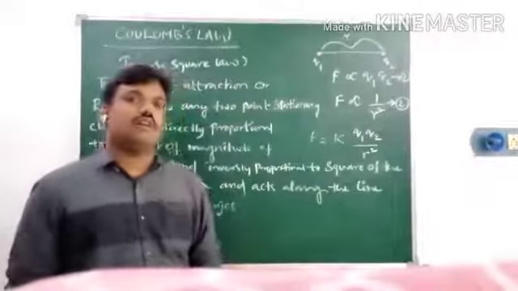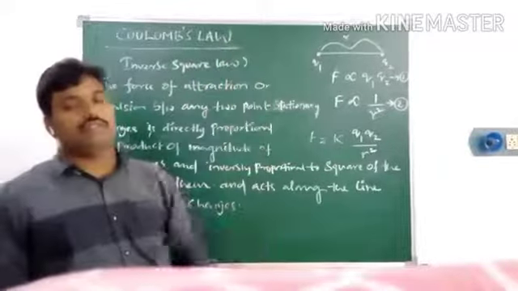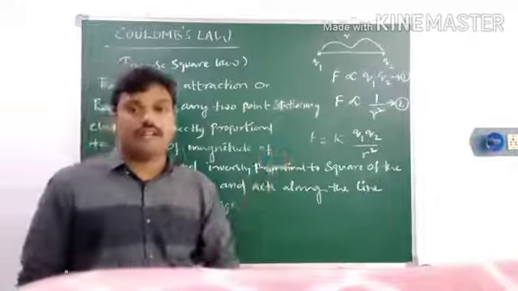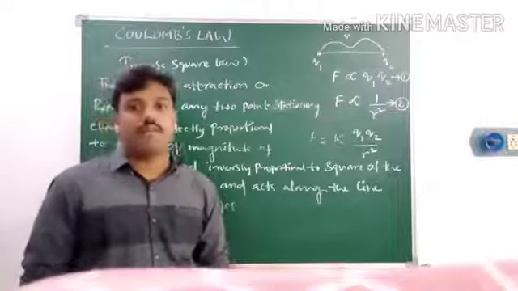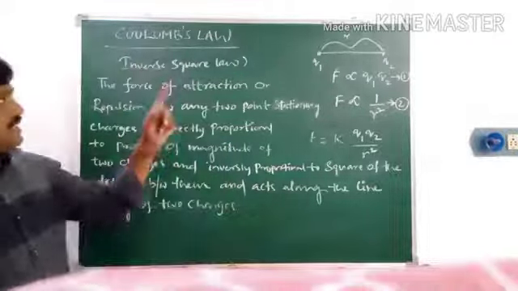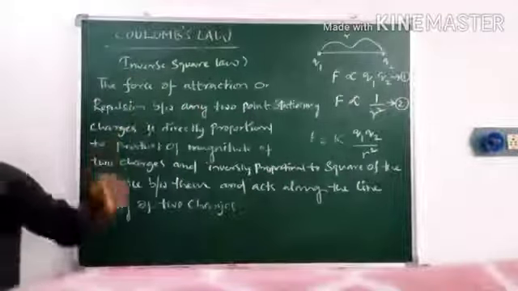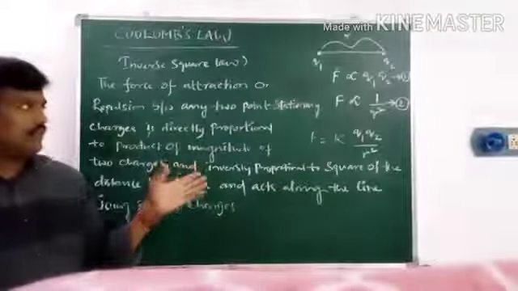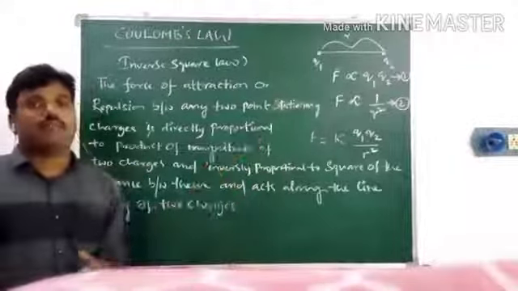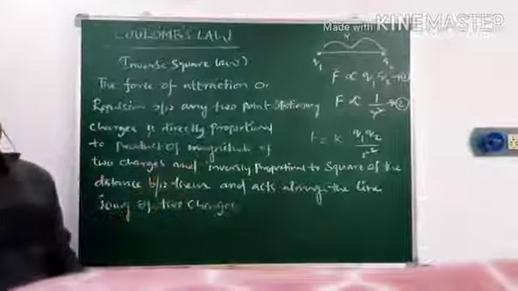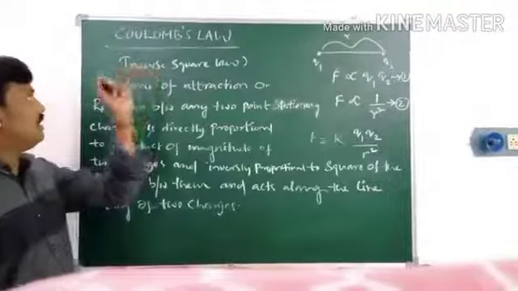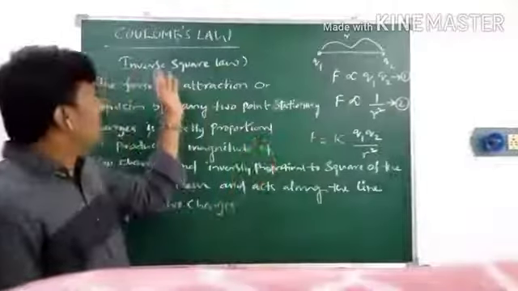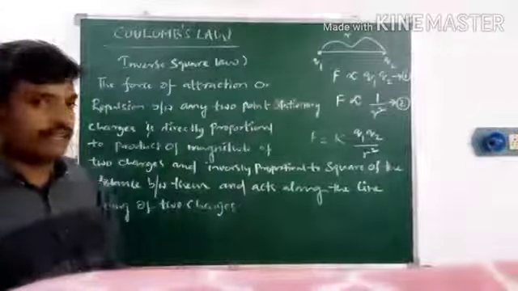This is similar to the law we learned in gravitation, that is in first year. As two masses are separated by a distance, there we derived a formula like F equals G m m by R square. And here also the same kind of law is going to repeat once again. That is, we are going to call it the inverse square law. Why? Because the force of attraction or repulsion is inversely proportional to the square of the distance between the two charges. So that's why we call it the inverse square law. Okay, so let us go with Coulomb's law, or Coulomb's inverse square law here,